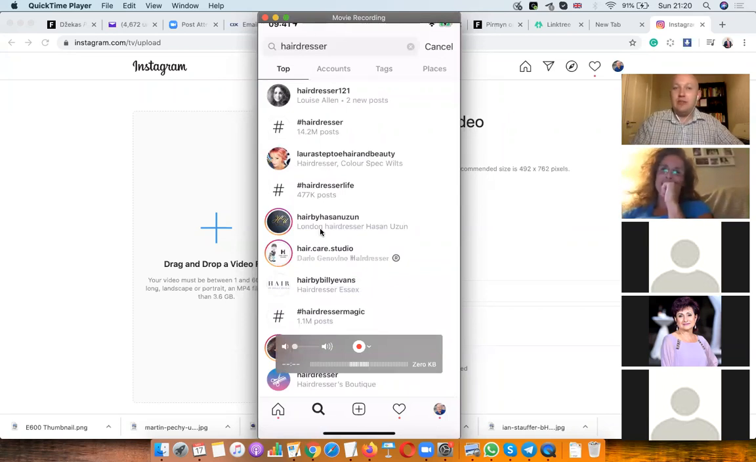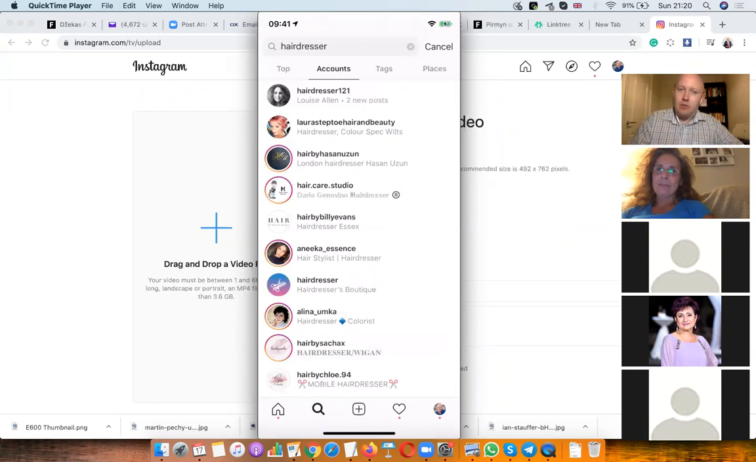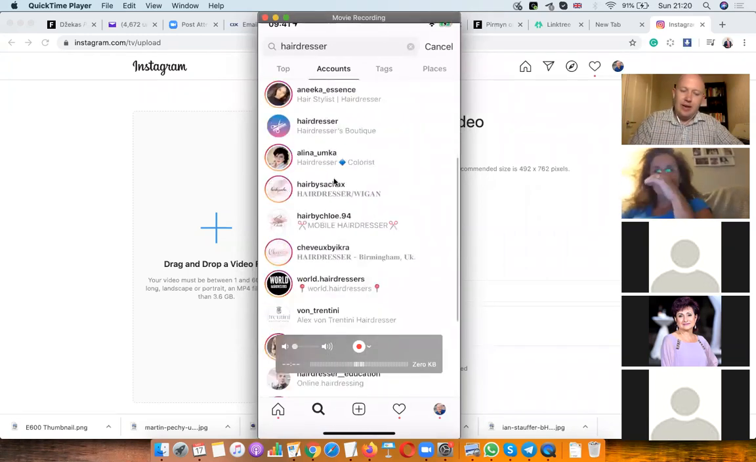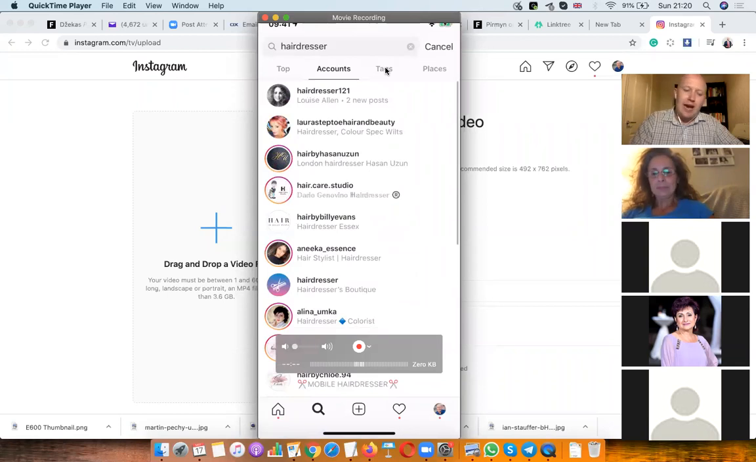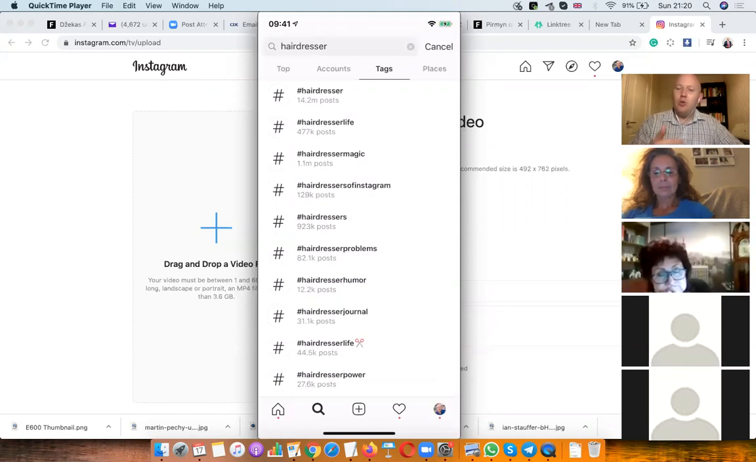So a lot of this stuff is basically stuff you searched before. But then if you click on accounts, it'll give you accounts with hairdresser in the name of the account. So you could look for different accounts with hairdresser, or you could go to tags and they'll give you different tags that have hairdresser. So let's say I want to look for hashtag hairdresser, 14.2 million posts. Hairdresser live, 477,000 posts, and so on. So you could think again, who do I want to find? Who would be good for my business? Who would be good people to reach out to? Like, for example,